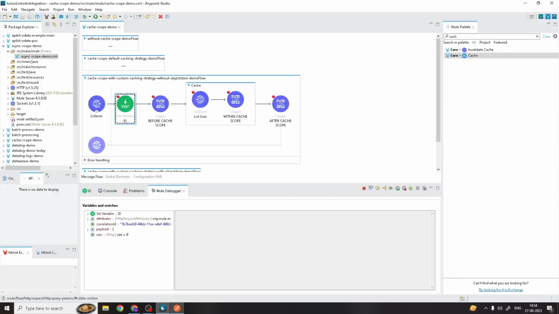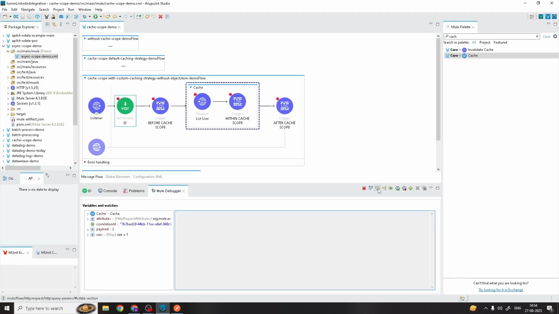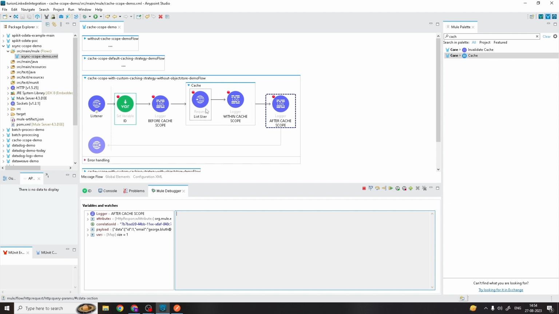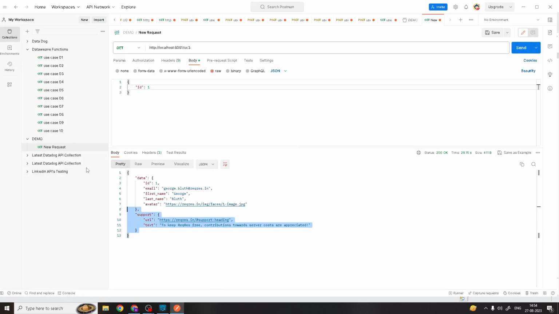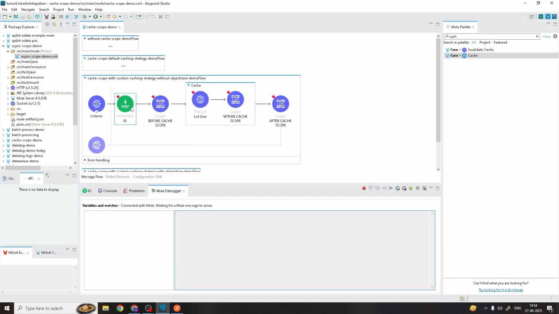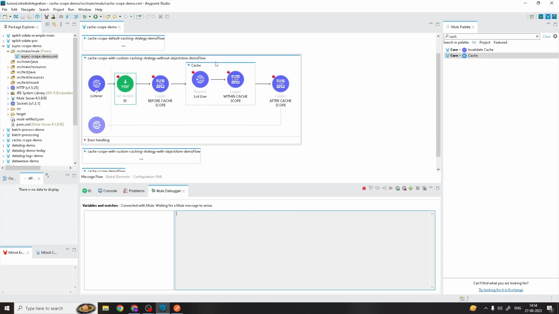having the same ID, this time guys it didn't call that server, because that ID is now stored in the cache memory. So that's why it didn't call that server, and proceeds to the next component without calling that server. So this time also we got the same response. Let me click next. Okay, you can see. So guys, this was the use case having a cache strategy